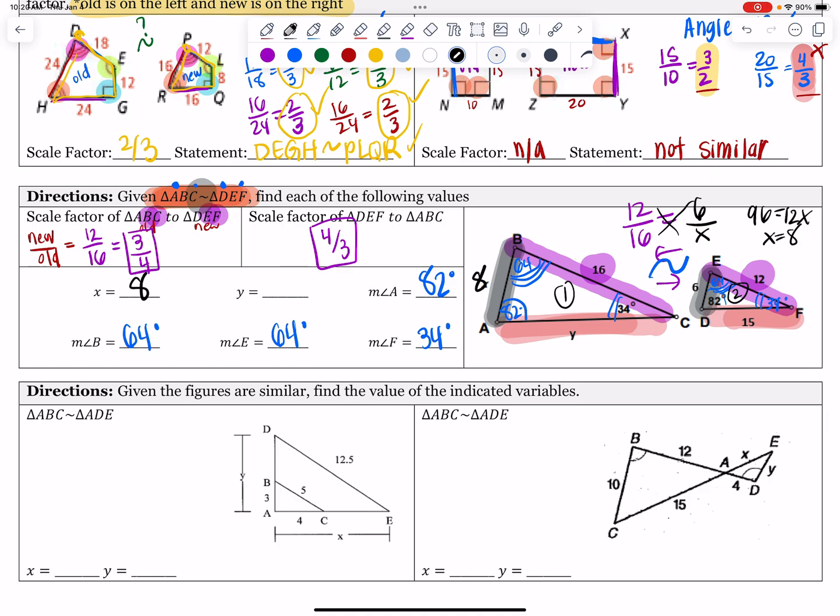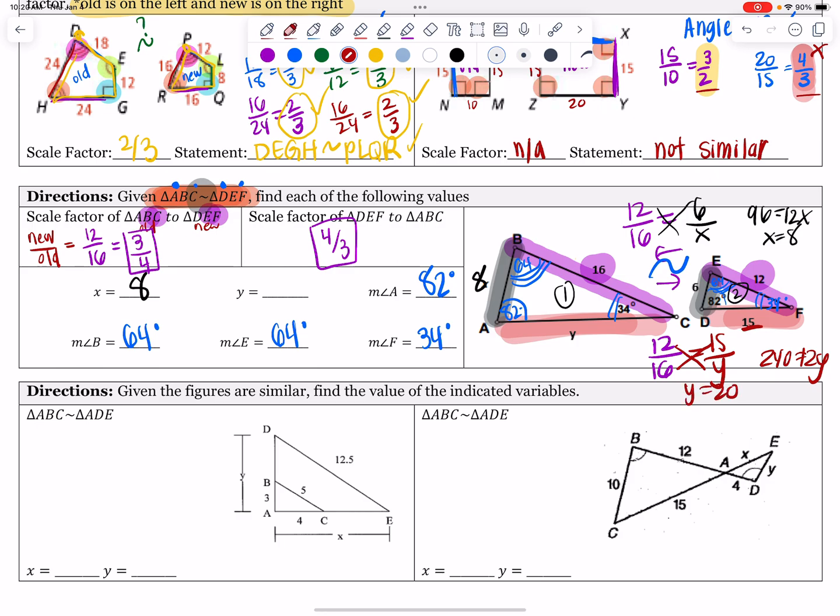Okay, let's do that again. Let's use the 12 over the 16 to find the red pieces. The same way that 12 relates to 16, purple to purple, should be the same way as we went right to left. So 12 over 16 should be the same way that 15 relates to Y. So again, I'm just going to cross multiply. 16 times 15 is 240. So if 240 equals 12y, I'm going to divide by 12 on both sides, and I get that